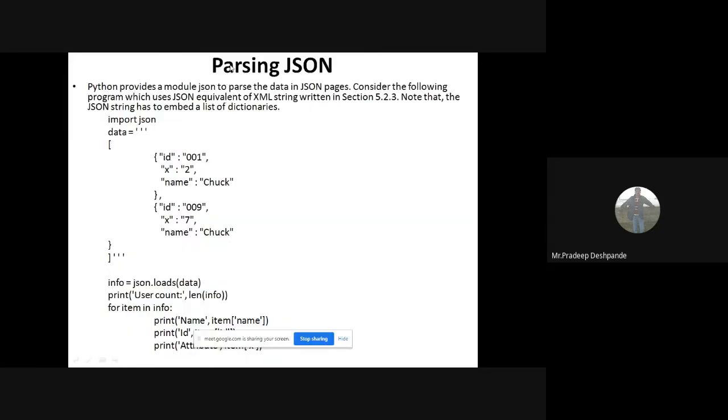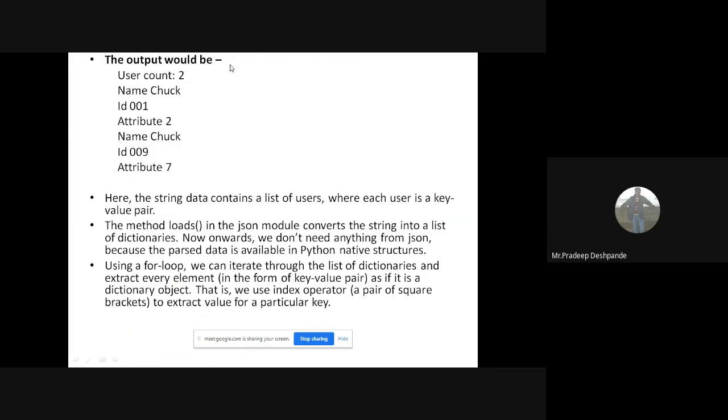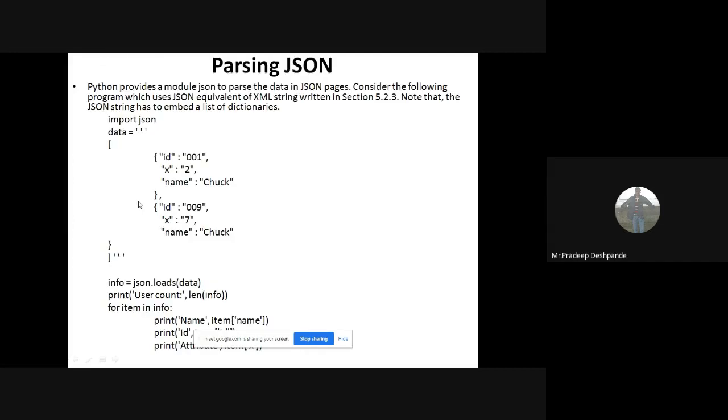So now we'll see how to parse JSON. Okay, whatever was there in the previous program we have replaced with JSON. This is our JSON data. In the previous program it was XML, now we are replacing it with JSON. One more difference is you have to import json here. Then here you can see